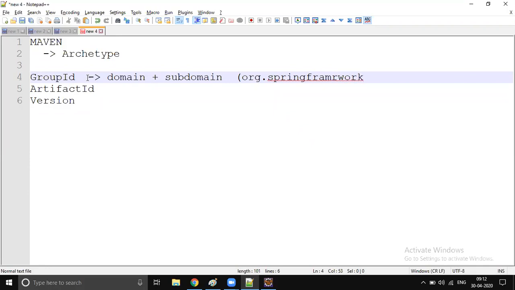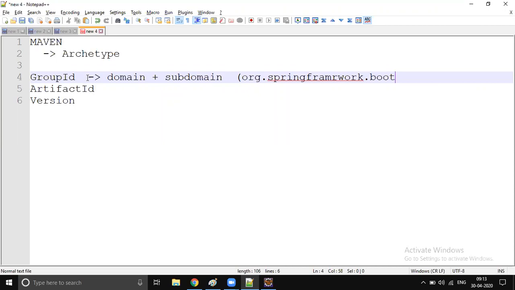So this is their group ID, then their subdomain. If you are going to work on a Boot application, then your subdomain is boot. If you are going to work on a Spring Data application, then data is the subdomain.